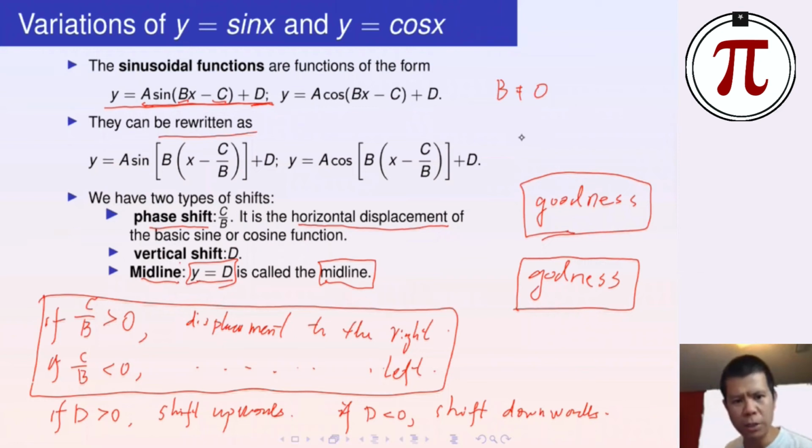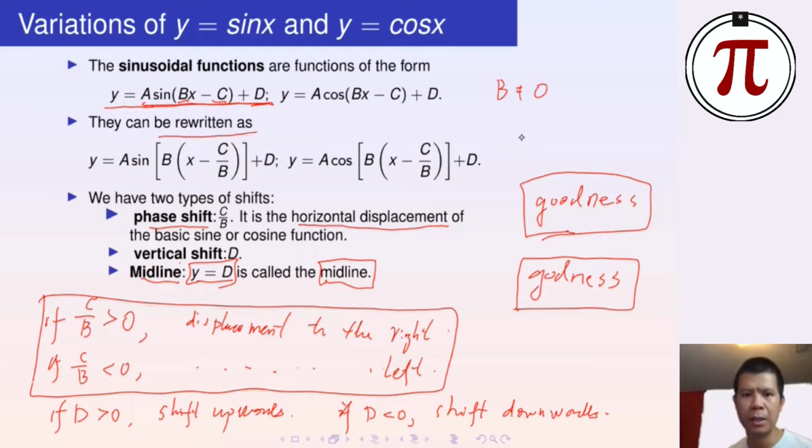Last class we talked about sinusoidal functions and their graphing. The general form of sinusoidal functions is given below: y equals a sine(bx minus c) plus d, or y equals a cosine(bx minus c) plus d. They're all called sinusoidal functions, right? They're called sinusoidal functions because